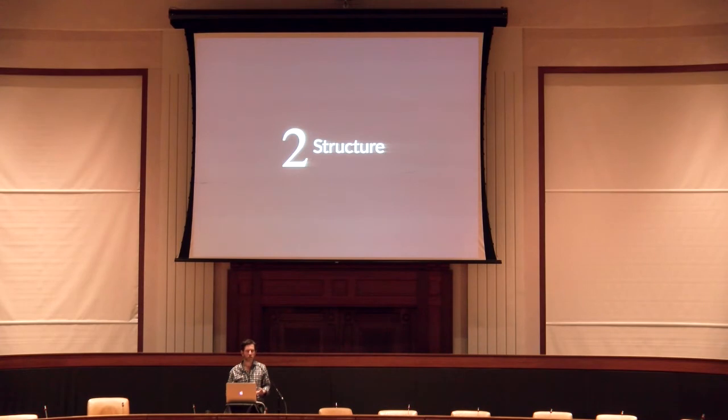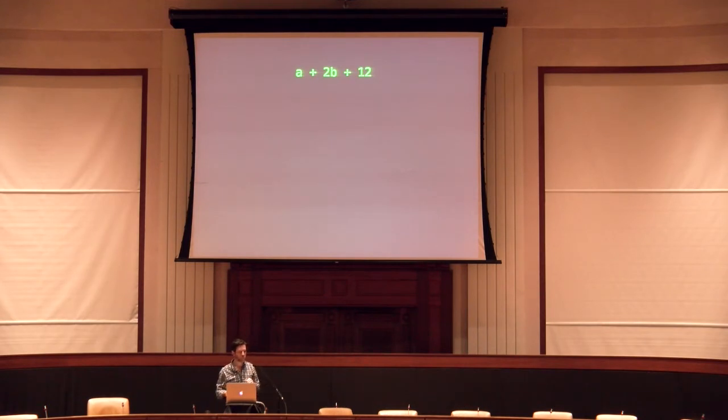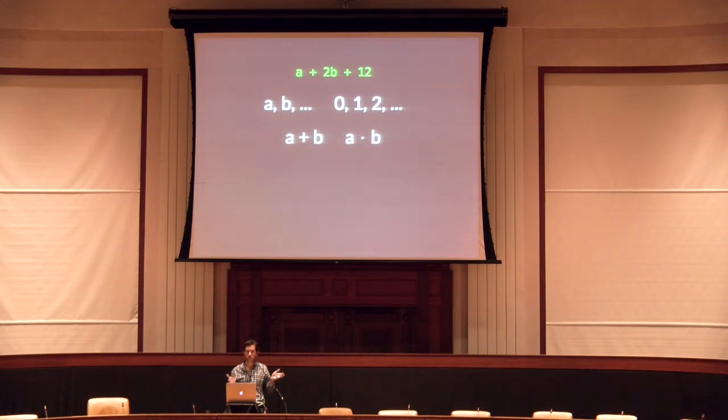What's common about those things? I'm going to say that an algebra has some structure. We're going to use the most familiar one. What are the parts of these things and how do they interact? We have our expression here, and we have some variables. We've got some constants. Those are the nouns, the things that we're manipulating. We can perform various operations on them. We can add them, we can multiply them. And then everyone's favorite part, all the laws that we learned in 7th grade or whenever it was.